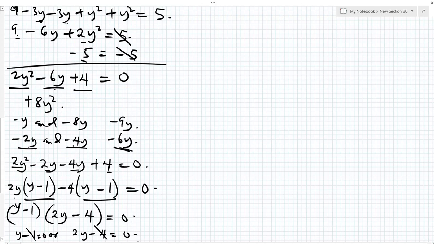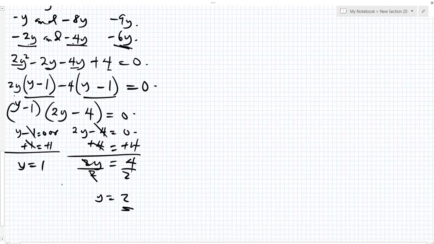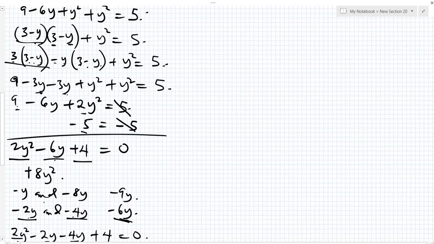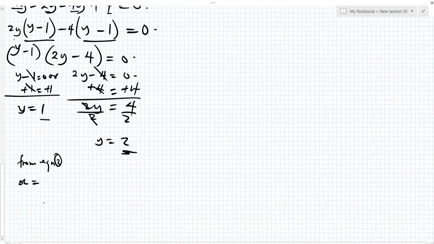Even the way it is now, you have a common factor, which is 2. If you use 2 to divide all through, you'll be left with y squared minus 3y plus 2. So we have y equal to 1 or 2. Now, since from equation 3, x is equal to 3 minus